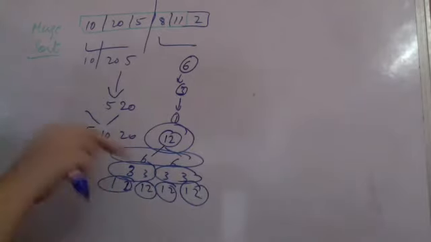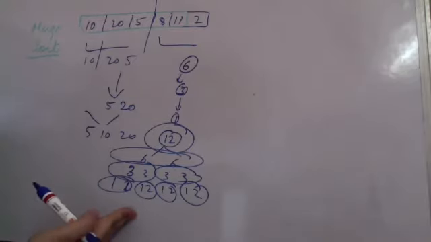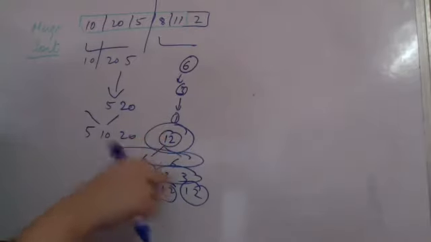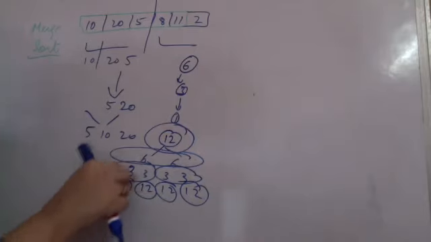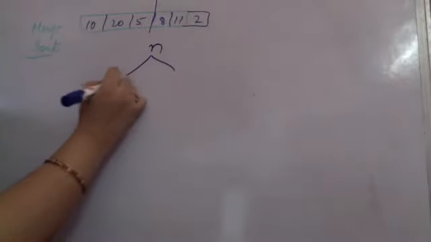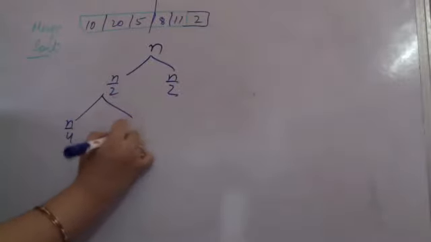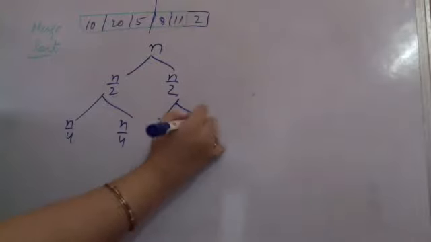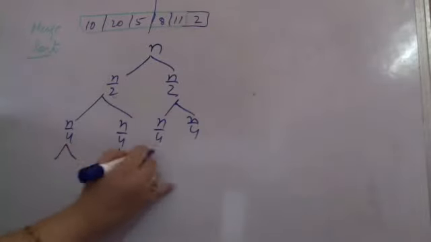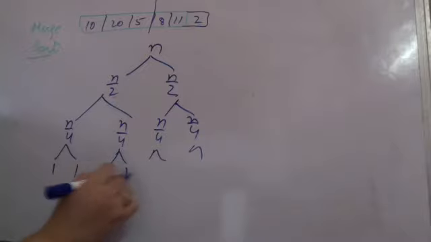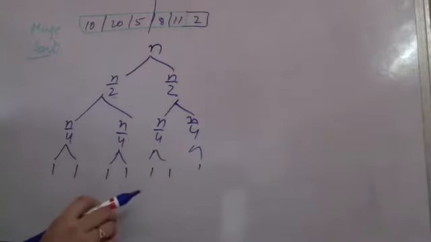This is simply known as the divide and conquer approach. We divide the problem into sub problem, sub problem, sub problem. Then we join all the sub problems back to solve the main problem. So we have an array of size n, which is to be broken into size n by 2 and size n by 2. This will further be broken into n by 4, n by 4, n by 4 and n by 4. Till when should this breaking happen? It should happen till we reach a size of 1 for the array. When we reach size 1, then the combining back will happen.